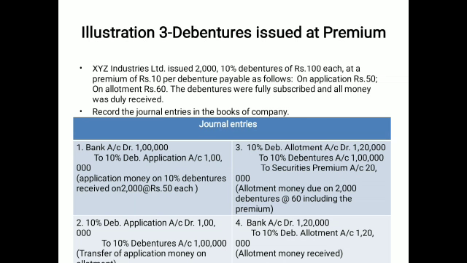Now you go to the major aspect of the premium. The 10% debentures allotment refers now to 60, so you have to multiply 2000 by the 60. But the face value is 50, so that's why the debentures account is to be credited with the 50. So 2000 multiplied by the 50, then the answer is 1 lakh. Then the securities premium is also referred with the rupees 10. 10 multiplied by 2000, so the securities premium is 20,000.